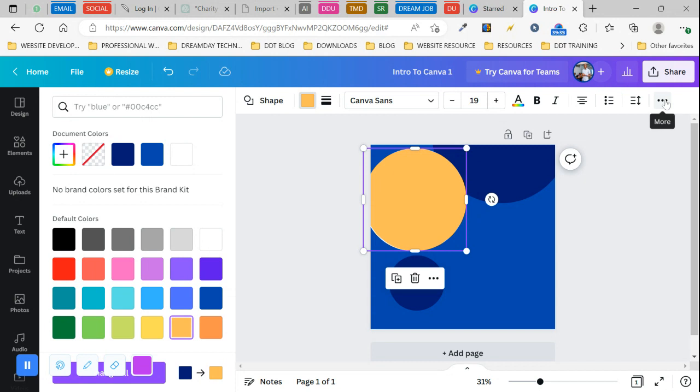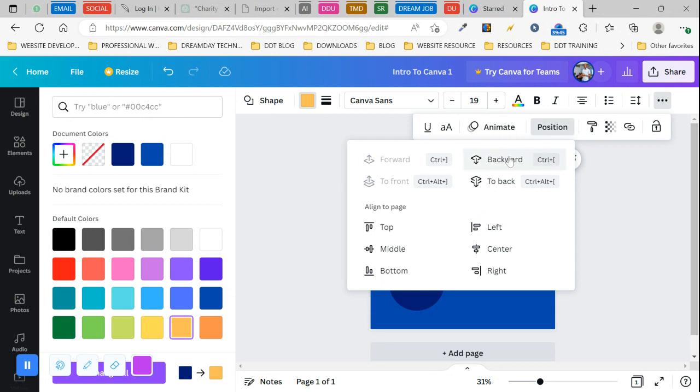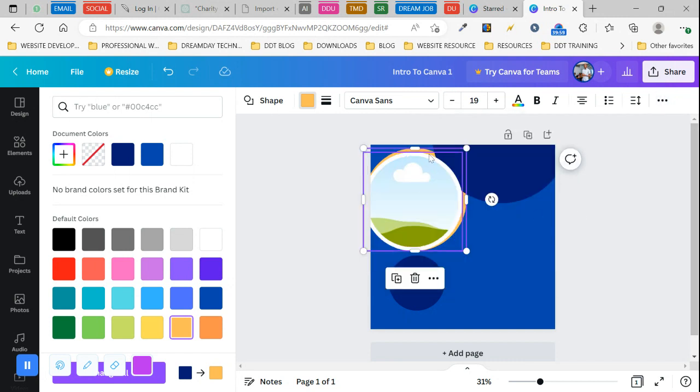And click on the more button, the three dots, and click on position and say send backward or send to back. So that means that will take the whole design to the back of the white circle. So if you see now,